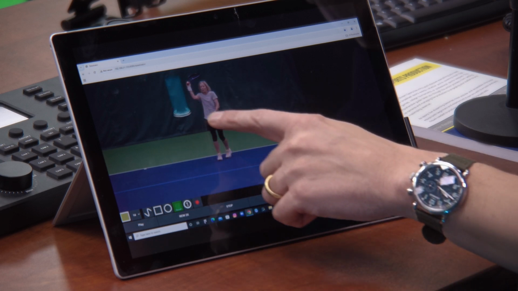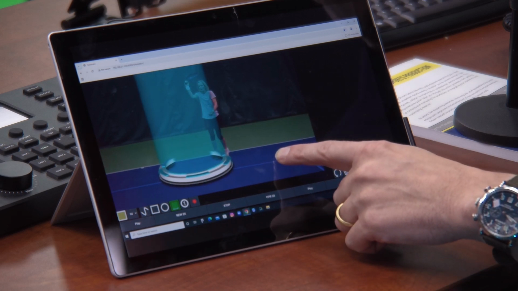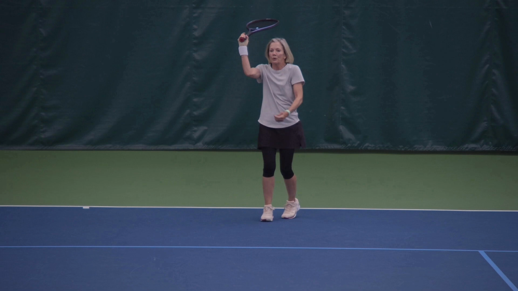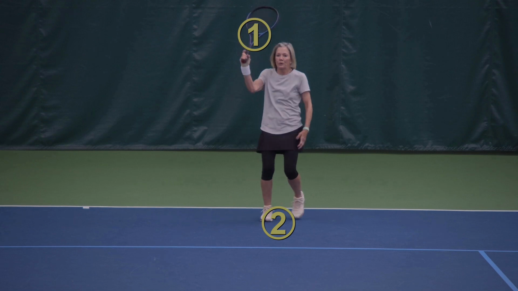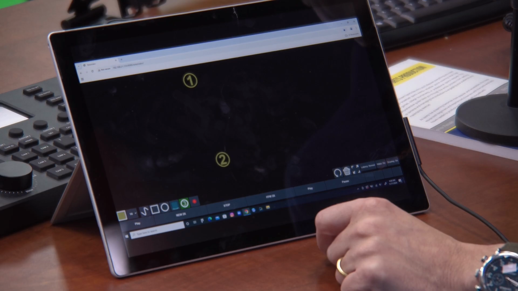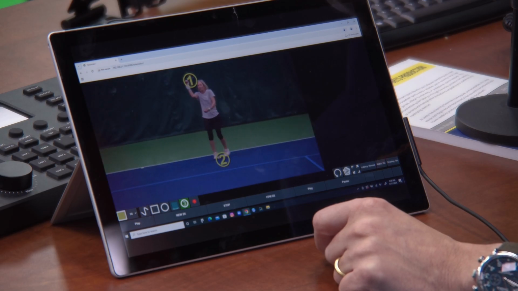It can take a little time to get that correct, but you can learn how to use that. And then another one is especially for coaching here. You could say, all right, number 1 is where she's holding the racket. Number 2 is her foot location. And if we scrub a little further, what we see is, oh, went too far there for my clip,